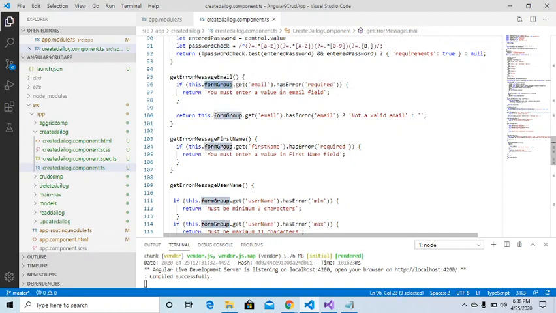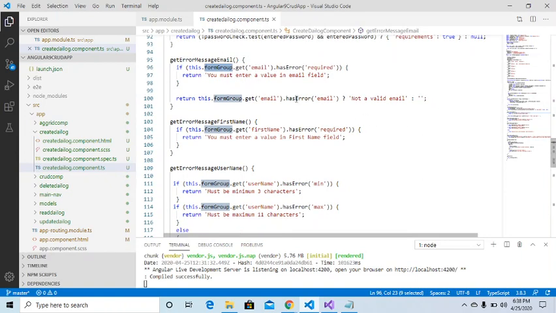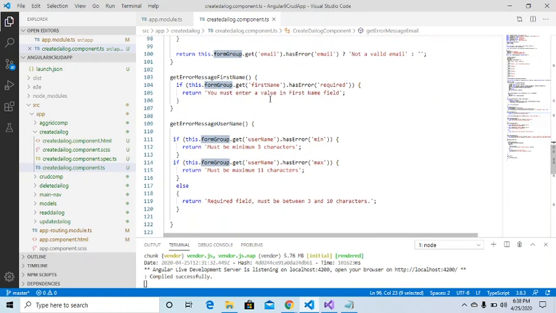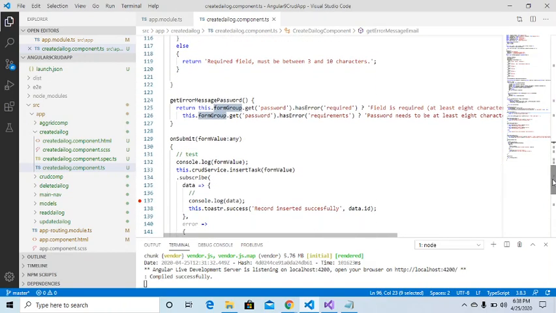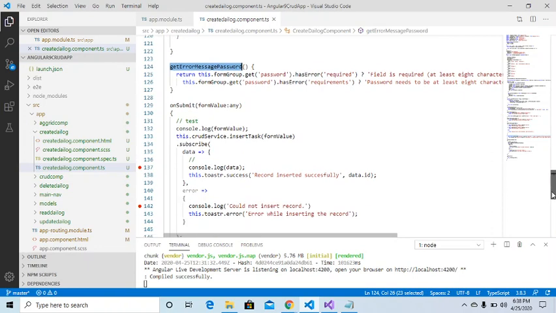The form group email is required, you must enter the value. And we have validation for if the email is not valid. We have an error message for first name, an error message for username for different kinds of validation, then the get error message for password. Where these functions are getting used, I will show you once we go to the HTML part of this.